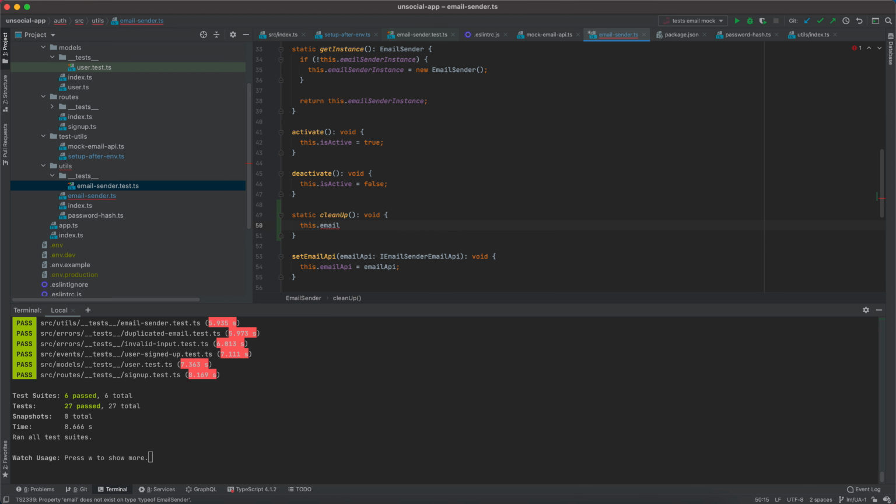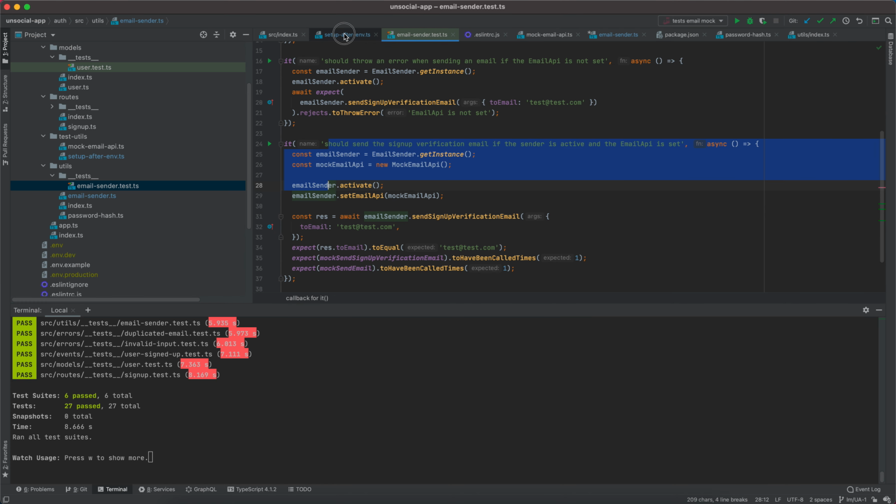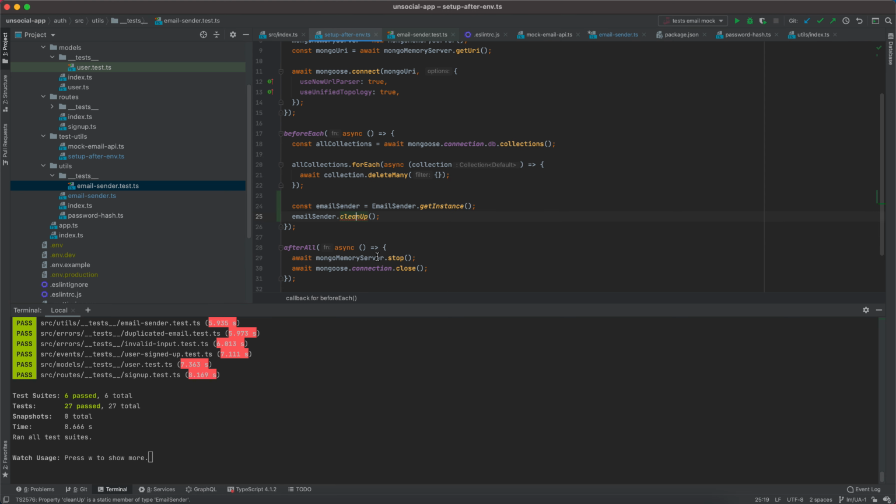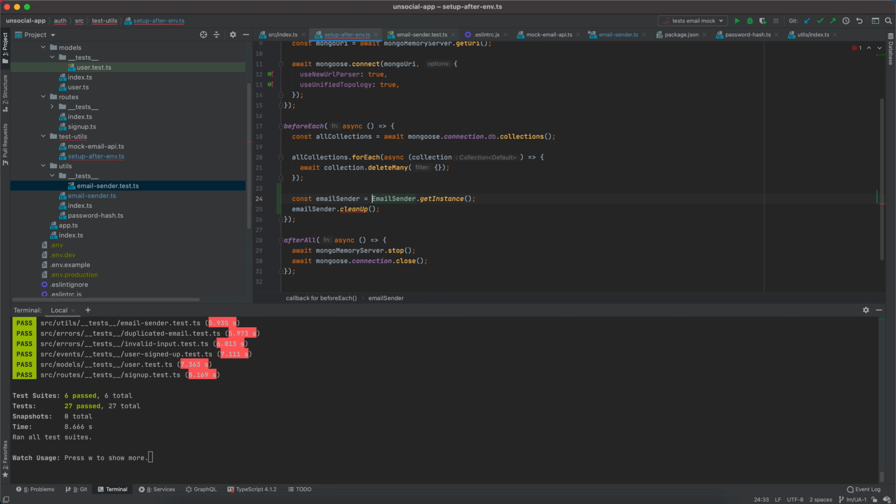And this dot email sender instance is equal to new email sender. This is going to basically reset the whole instance to a new email sender. Now I need to update the setup after env, because here I would call the cleanup directly in the email sender